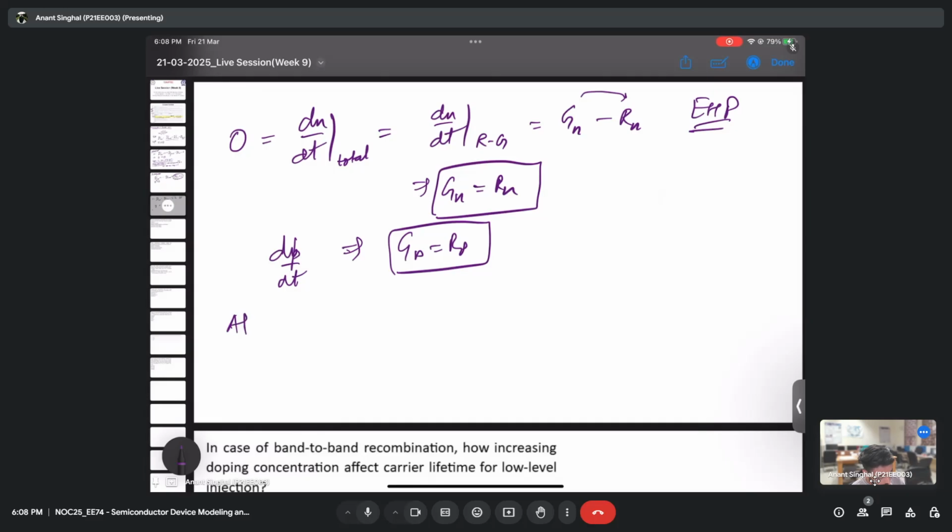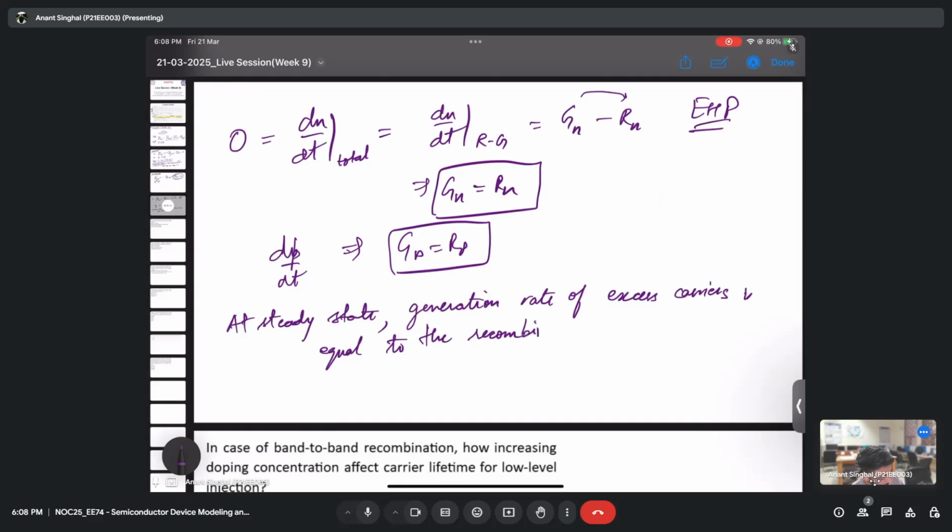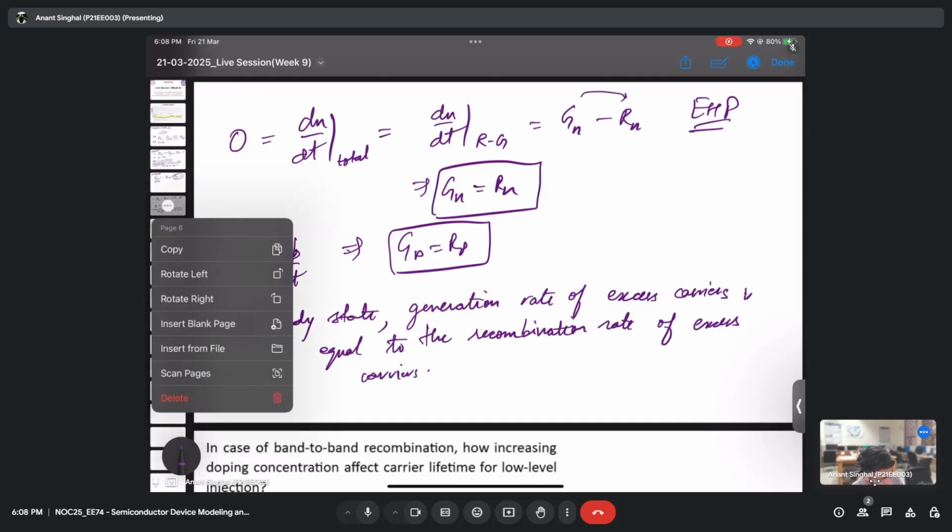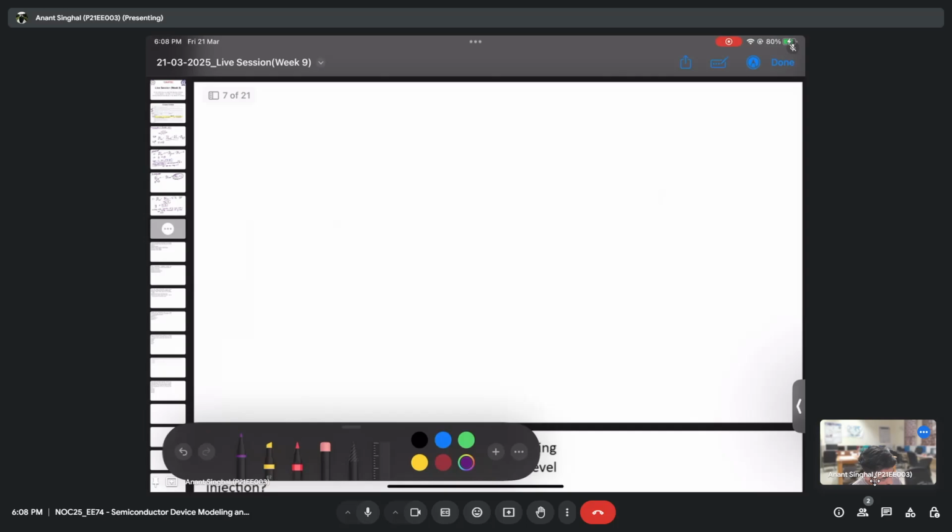So this is what we concluded in the last class, that at steady state, the generation rate of excess carriers is equal to the recombination rate of excess carriers. So mathematically what I'm trying to say is,